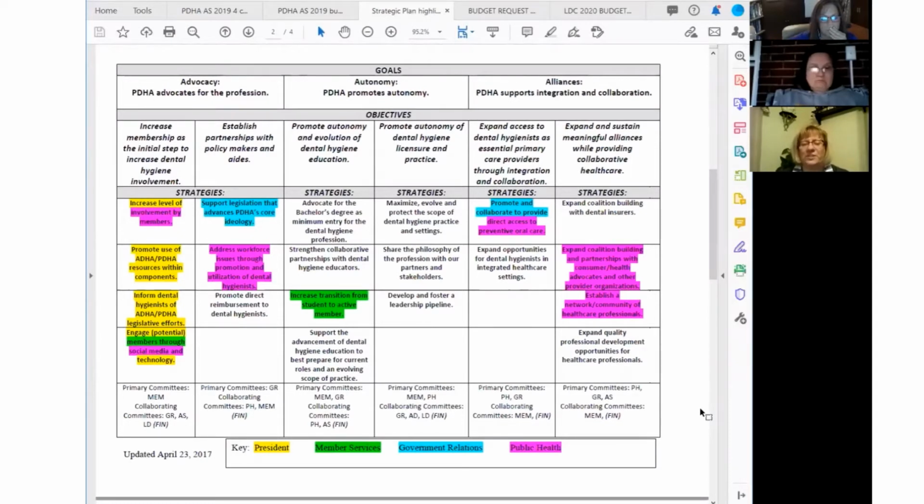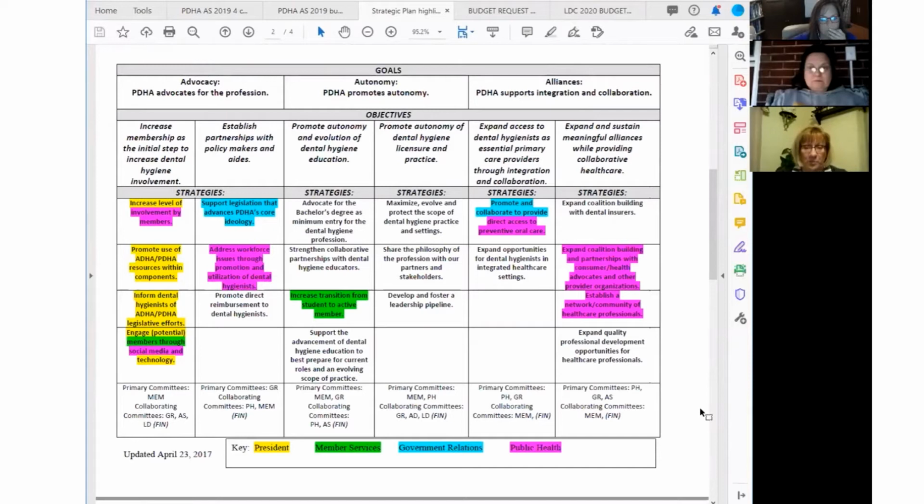So that is why she asked committee members, trustees, and board members as well: this is where I would like to put a lot of my organization's time, money, and effort. These are the strategies and the objectives I want to accomplish. So what we need to do is have the committees look at the strategies that the president has